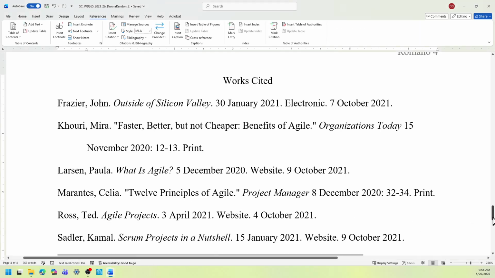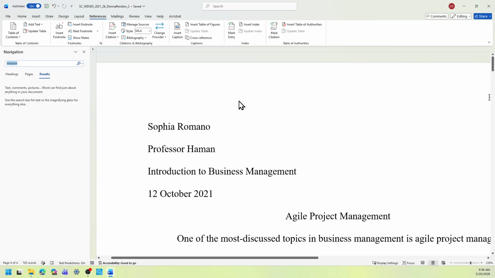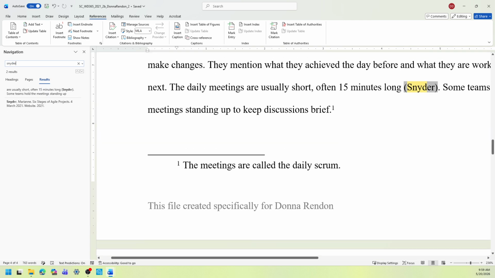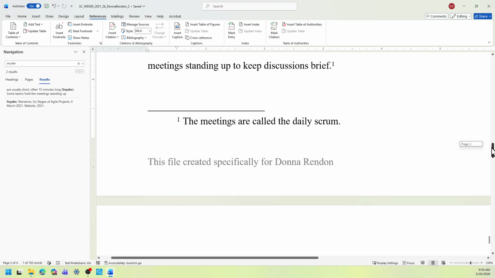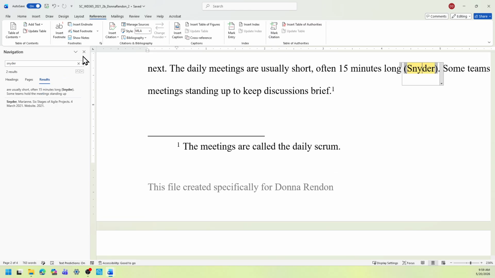So I'm going to look for that by using Control Find. Okay, and then I'm going to type Snyder, and then there it is. It's on page 2 of 4.